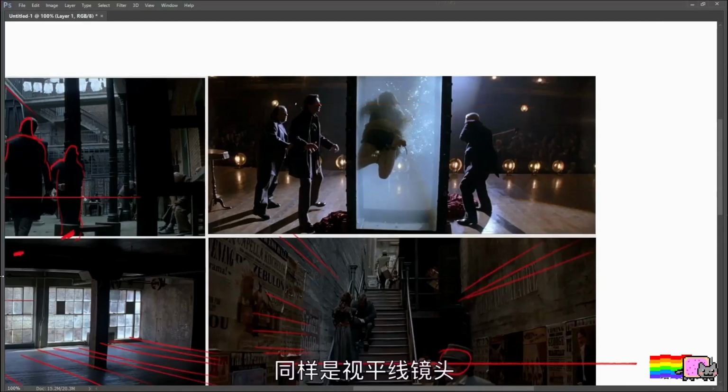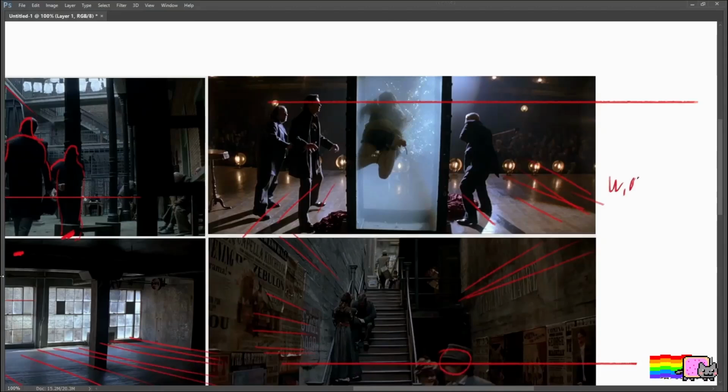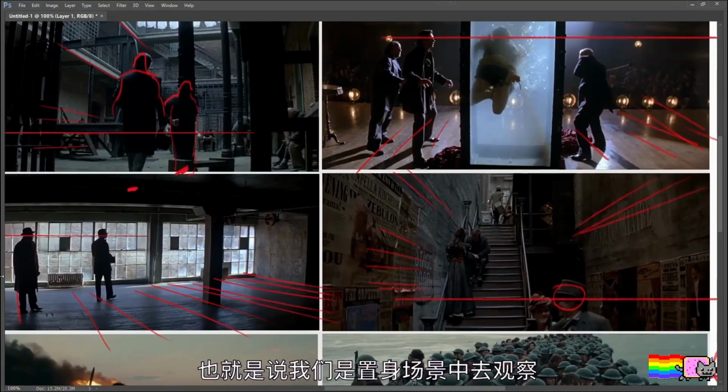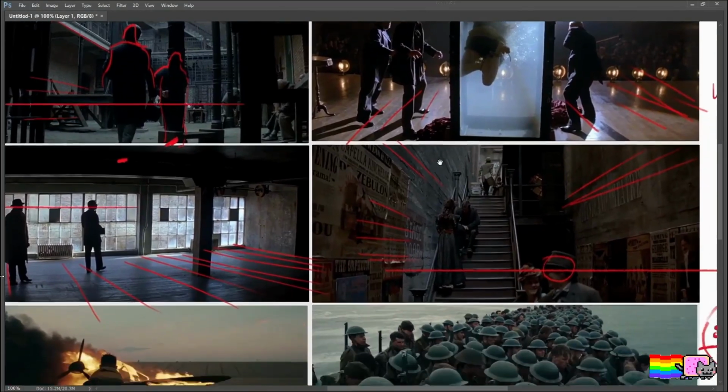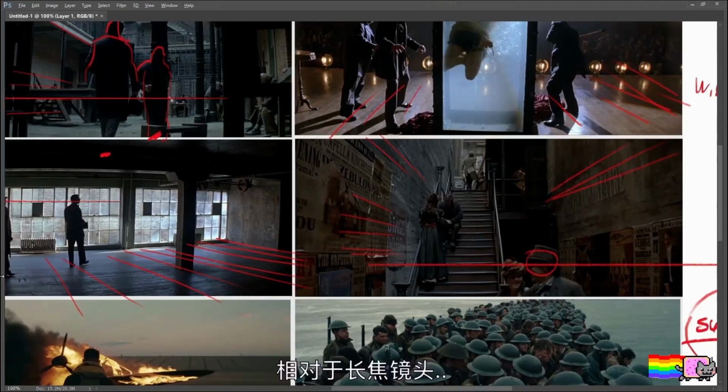Again, eye level camera and perspective lines actually show us that we are using a wide angle lens, which means we are inside the scene as a person who's observing it. So the rule of thumb: wide angle lens is observing. You are an observer inside this environment. Opposing to